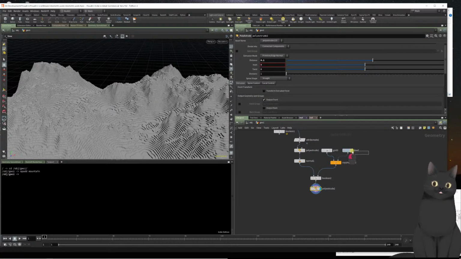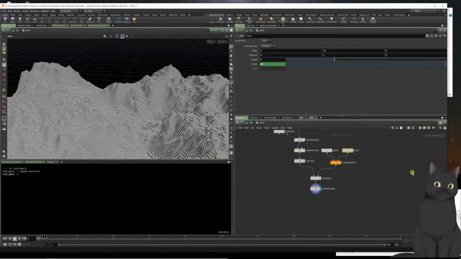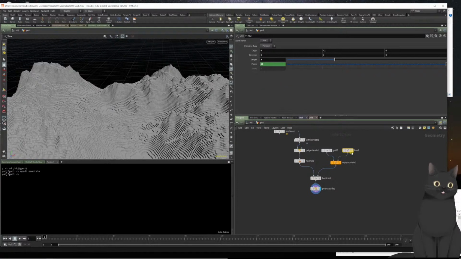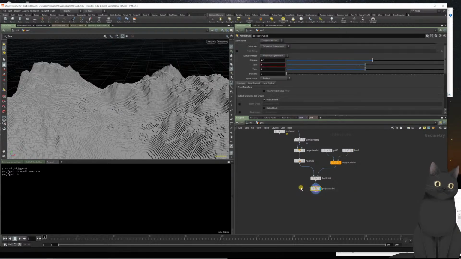this line that generates our points, which we then use to copy those grids, divided by the number of points. So let's create an expression in here instead of having to manually dial this in by going to our line, right-clicking on its length, going to copy parameter, back to our poly extrude. Let's delete this from a distance, right-click in this field, go to paste relative reference, and then again onto our line. Let's right-click on those points, copy parameter, back into our poly extrude, and in here we want to add a division by the